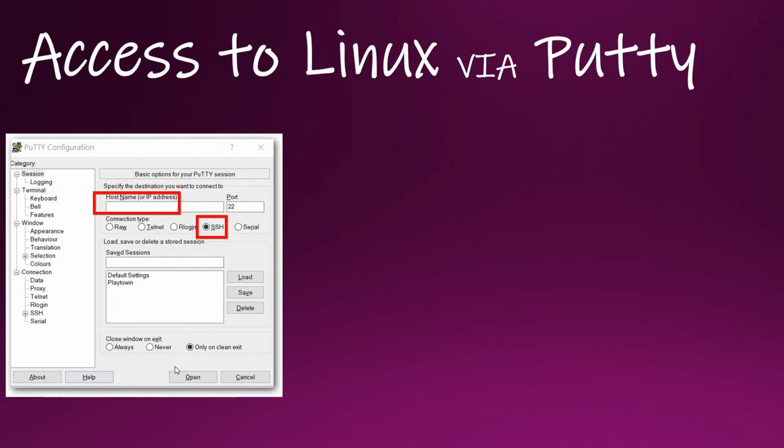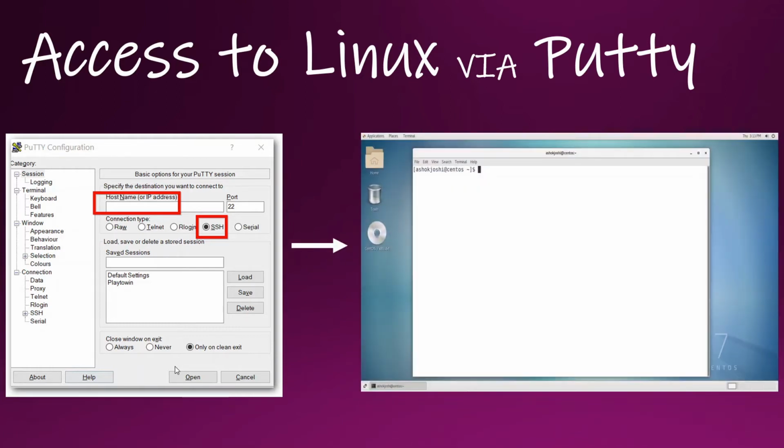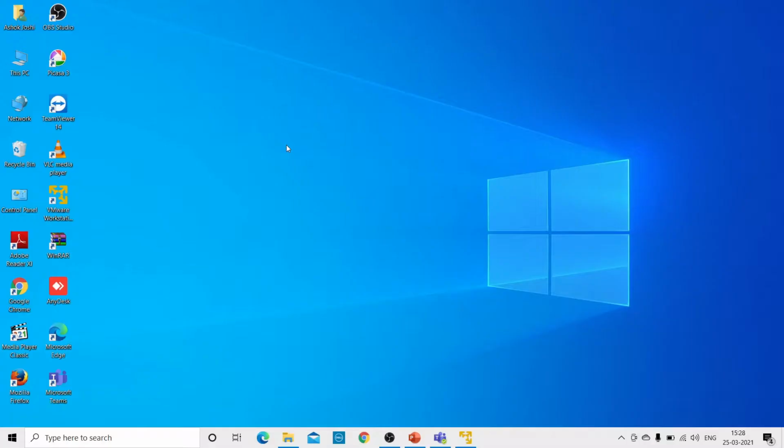Here in the host name, IP address, you will have to put it, and the default port will be 22, and the connection type should always be SSH. Then you will have to click open. I will show you afterwards, don't worry. We will try to connect and access the file system of this CentOS machine. So without wasting any time, let's download PuTTY.